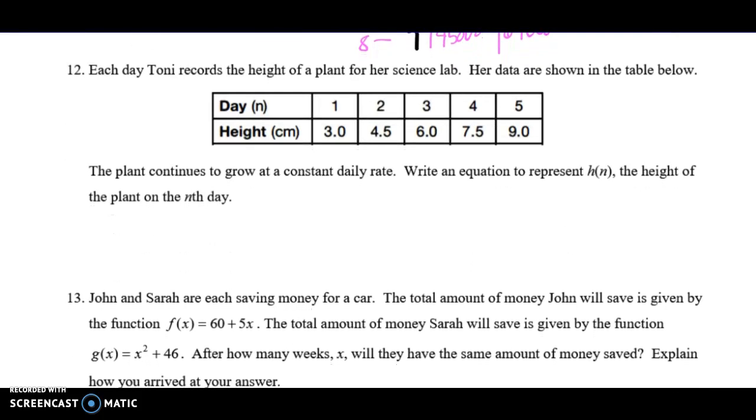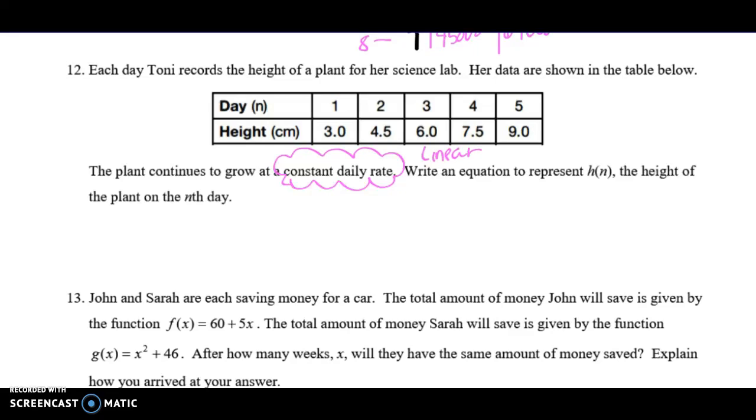Number 12. Each day, Tony records the height of a plant in her science lab. Her data are shown in the table below. The plant continues to grow at a constant daily rate. Write an equation to represent h of n, the height of the plant, on the nth day. This right here should tell you exactly what kind of function you need. Constant daily rate. There's only one type of function we've talked about that does that,